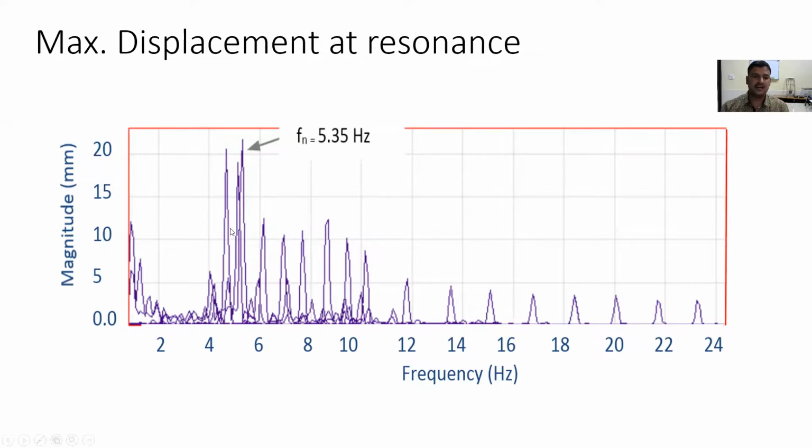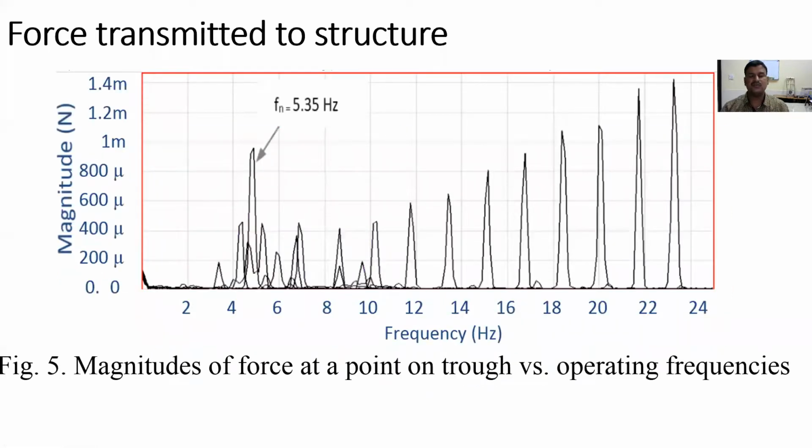Similar thing, this is the graph where if you draw, you will be able to see the complete picture. This is another natural frequency probably, and that's why this higher peak was observed. Now similarly, if instead of taking an accelerometer, you take a force transducer and place it in the support structure, and again calculate the force sensed by the structure, you will again find that at resonance frequency you will get the maximum force transmitted to the structure, and that's why at resonance you are getting this amplitude.